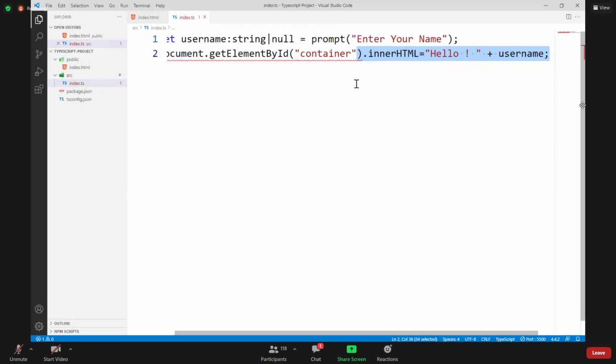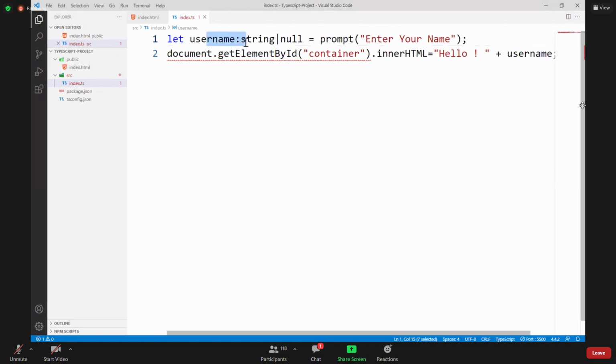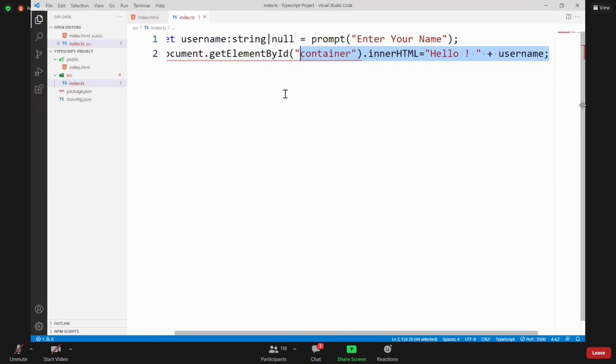Okay, now this code is ready. This code contains a username from a prompt and this option. Because you haven't learned any TypeScript yet, I am giving general JavaScript only, and it is giving me an error saying don't do it like this. This is TypeScript, okay, we know that. Later we will implement it. As of now, don't worry, just ignore this. Now the next step is making TypeScript understandable to the page.